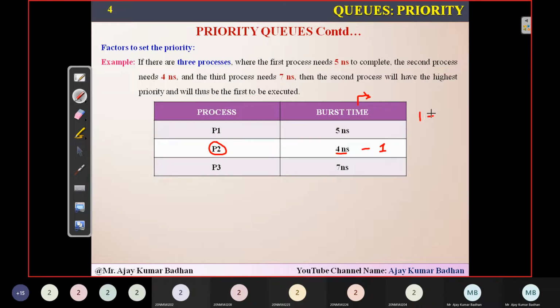Remember, the lower number represents higher priority, and the higher number represents lower priority. Something like a ranking system in your exams: whoever stood first got more marks compared to others, so high priority. Among these three processes, P2 can complete the task in 4 nanoseconds, so that will be allocated the time first.